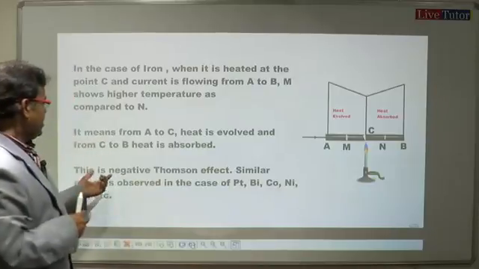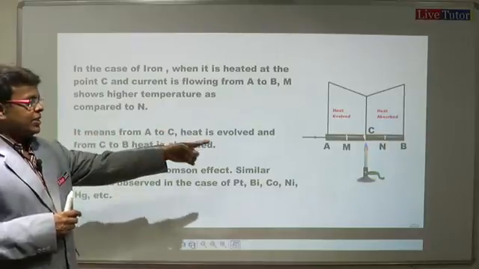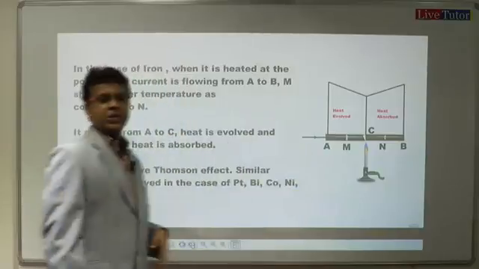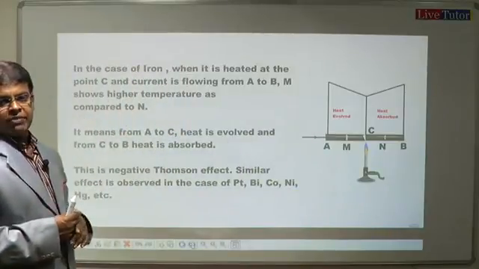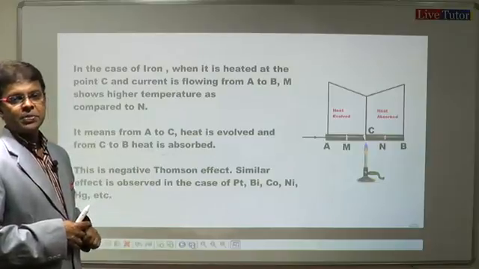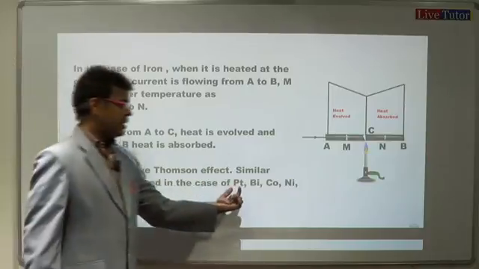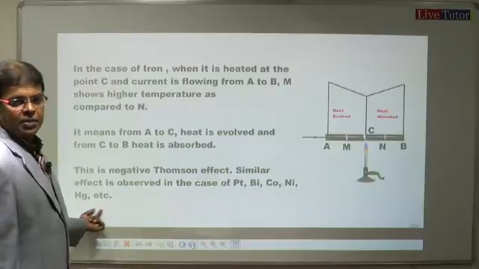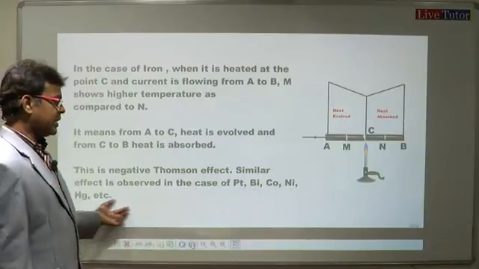Right? Now earlier என்ன பார்த்தோம்? Earlierல N வந்து it was showing higher temperature. Now here it is showing low temperature, isn't it? So from this, the first one is called a positive Thomson effect. Here it is called a negative Thomson effect. So similar effect can be found out in case of all these metals: platinum, bismuth, cobalt, nickel, mercury, etc. So all those metals will also show